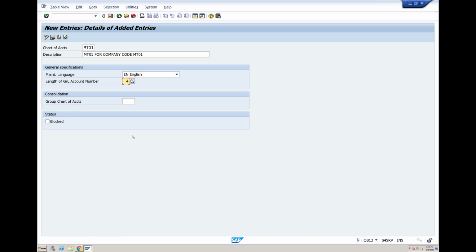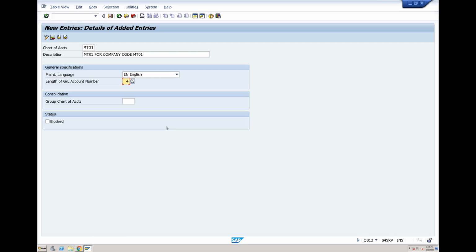Now, you have worked on ECC, but maybe you haven't seen the chart of account configuration in ECC. So just for your information, there is a small change in this screen. Initially, there used to be one more field which used to ask whether you want to create cost elements manually or automatically. Cost element is nothing but your GL accounts become cost elements in CO. Now with S4 HANA, everything is through GL account, meaning even your cost elements are created through GL account,